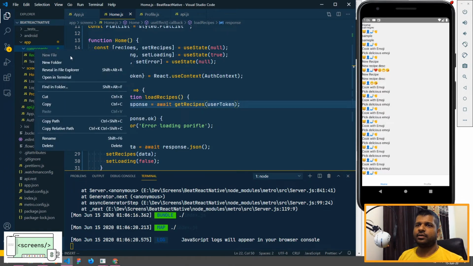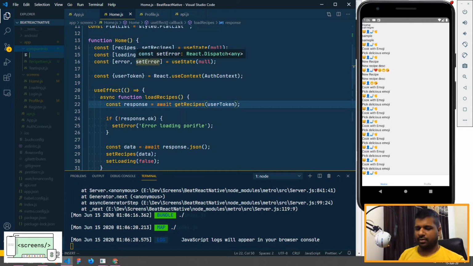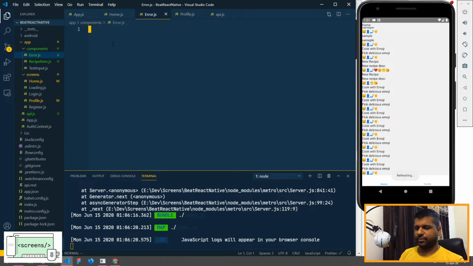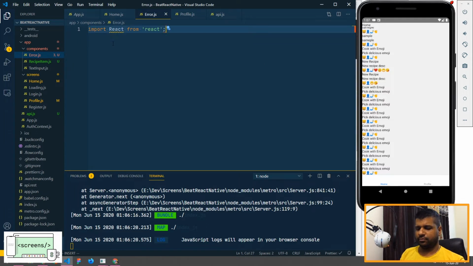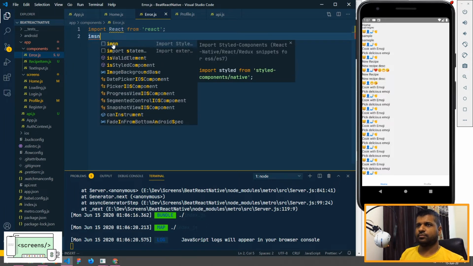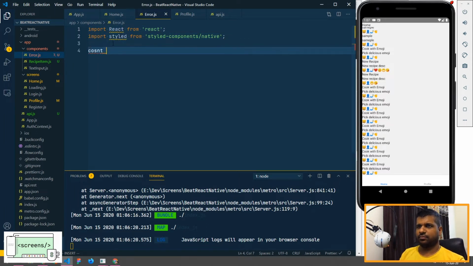Let's go ahead and create two components, which are error component, error.js, and I'll just have a container.